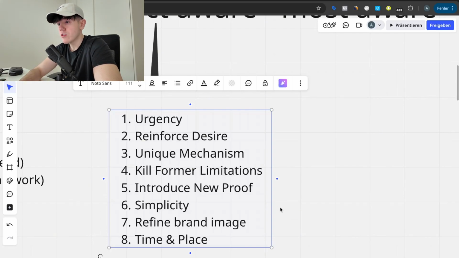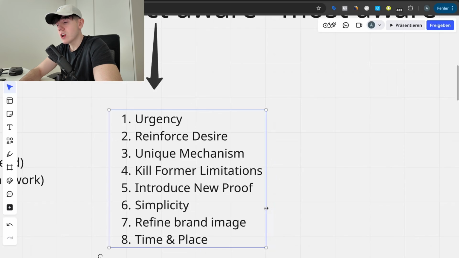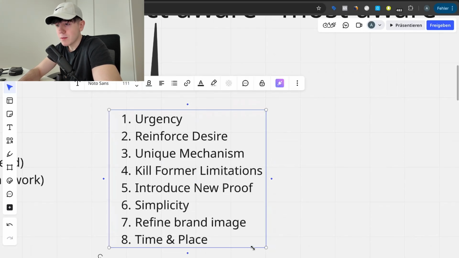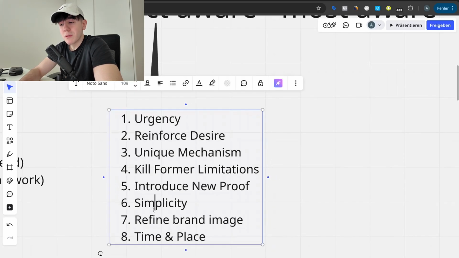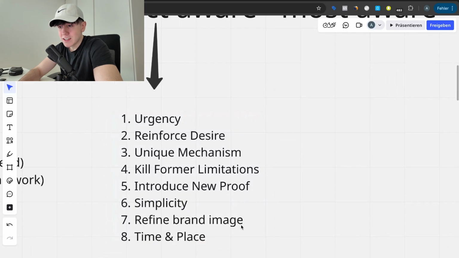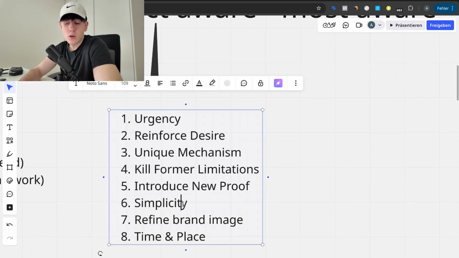It doesn't matter what you sell. There are always objections like, oh, this is too difficult, I don't want to take the time to do this. Well, guess what? With simplicity inside of your ads, actually showcasing and talking about how easy it is, you eliminate a huge objection. And simplicity, by the way, goes hand in hand with your ads and especially your funnel.